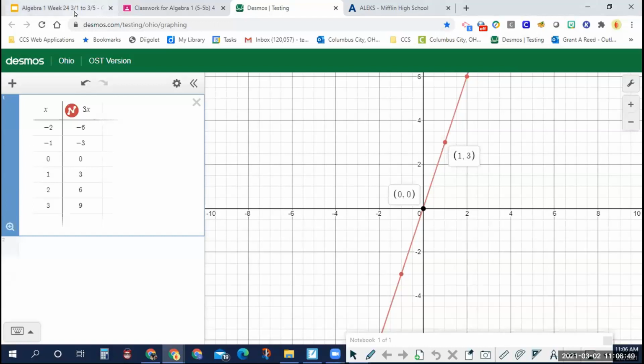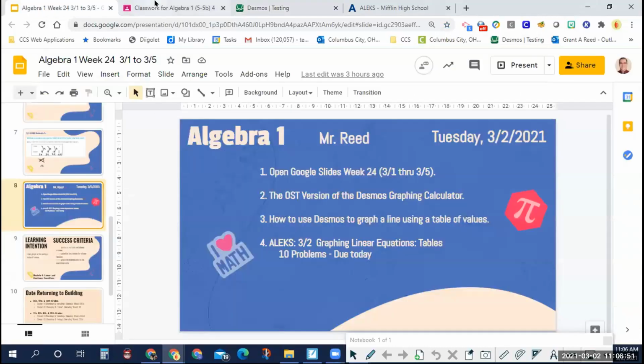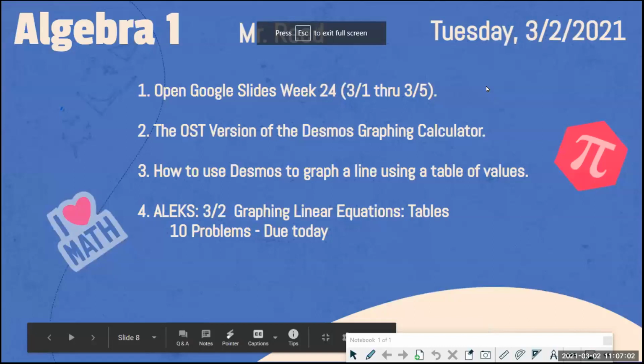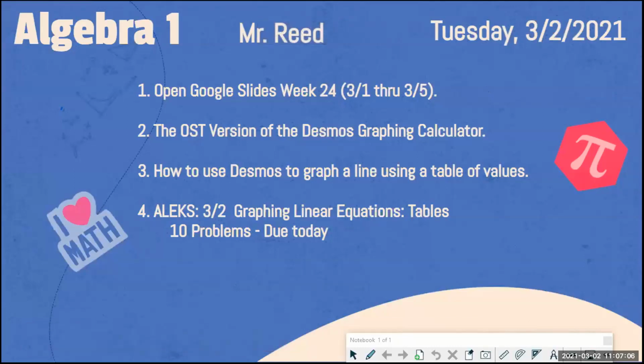All right, so we're going to talk a little bit more about that. Aside from that, I want to walk through, I made a 10 problem ALEKS assignment today, but even though it's 10 problems, it's really short between using that Desmos calculator. So we're going to learn a couple new things about that. That's what might take us a minute or two to capture, but once you know how to do that, it's going to make it so fast and easy, it's crazy. And then